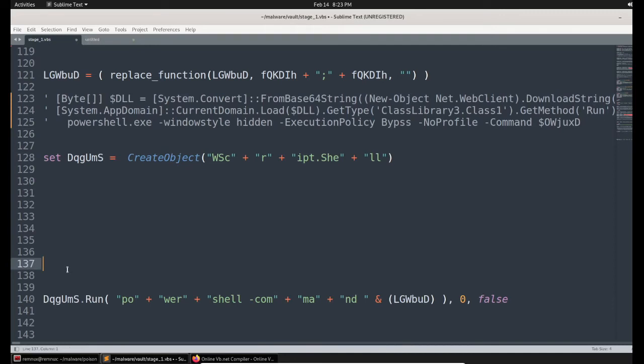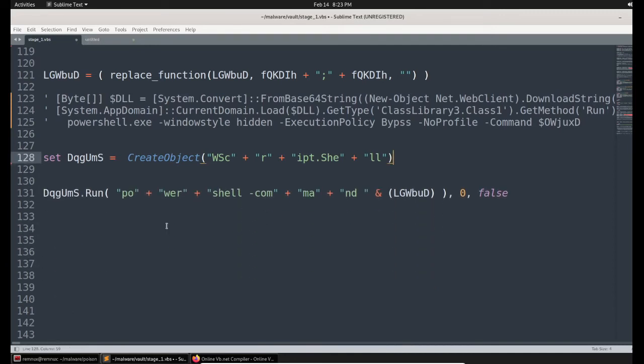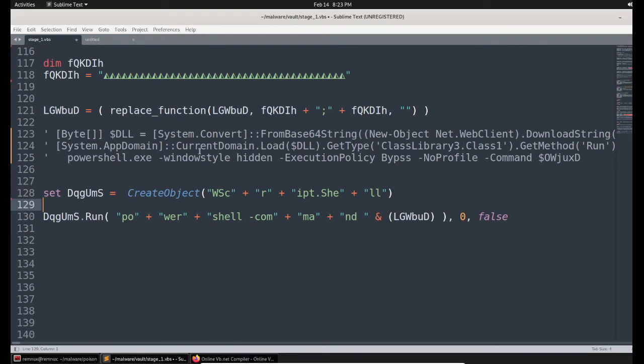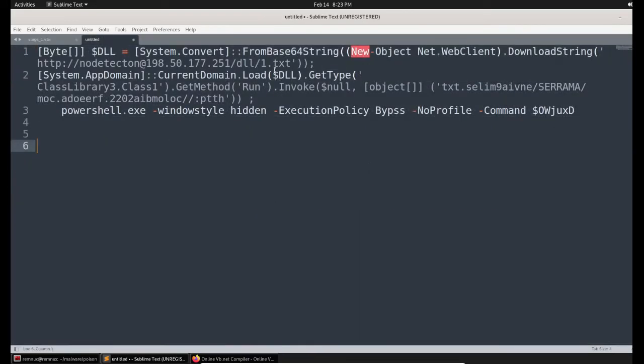Now they are again setting one variable here, and they are creating an object like WScript.Shell once again. With this object variable they are running the PowerShell -command, and they are appending this value. So it is basically a PowerShell operation. With this the script is ending. Now what we need to do is examine this specific URL that we received.